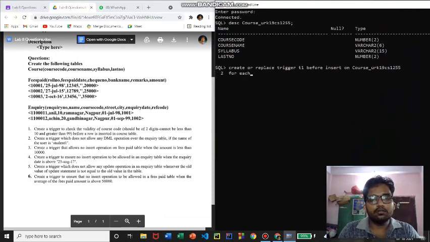and for each row, followed by the begin keyword. Here we need to write the condition: if new dot course code is a single digit number.